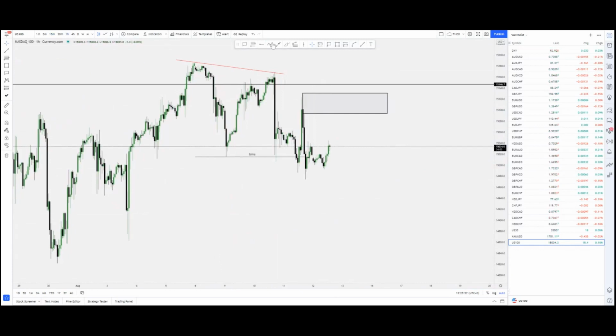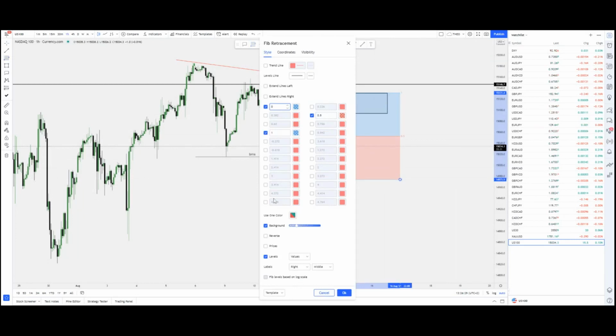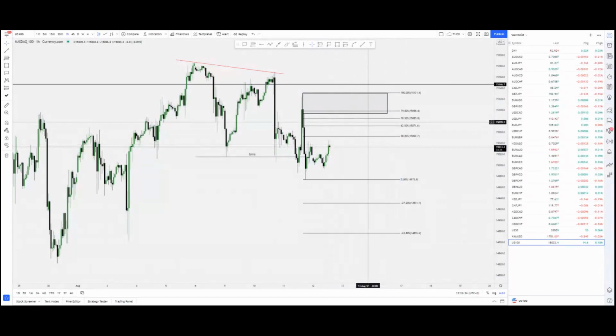If I put my fibs on this, this is price looking to go into the premium area. I need to see price coming to this blue area first. If price does come into that blue area, I'll be looking for selling opportunities, and that blue area with that box should be a significant Fibonacci level. Let's see. Yes, the 79.0% fib level.